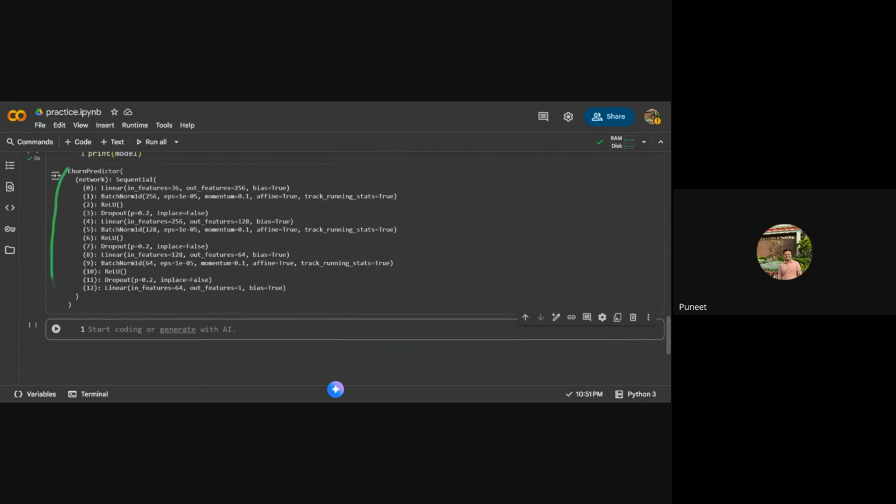Oh, so this is how it looks on plotting now. You can use Markdown language and try to plot it. But if you want to see how these layers are given to you, this model should be enough for you. But if you want a diagram, this is your diagram, something kind of this. You get a linear layer, then this will be your hidden layer, this will be your output layer. Then you apply a softmax over here. This thing you can build on your own. Okay. Yeah. Next is